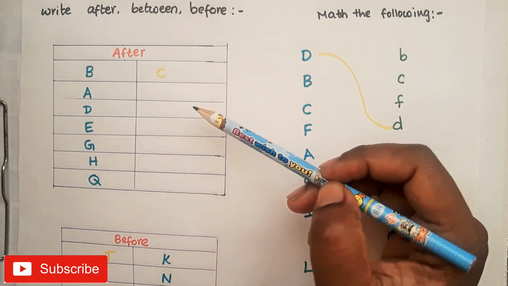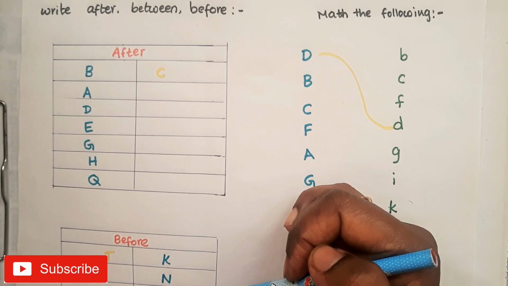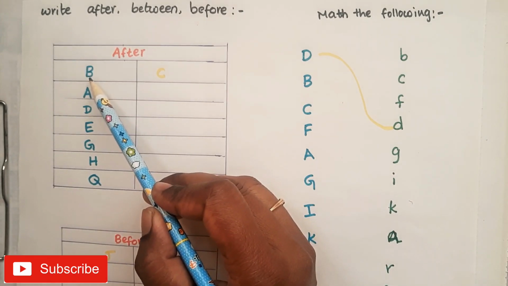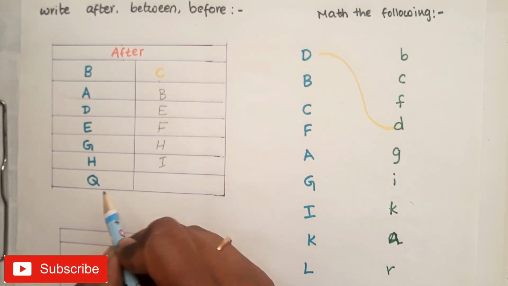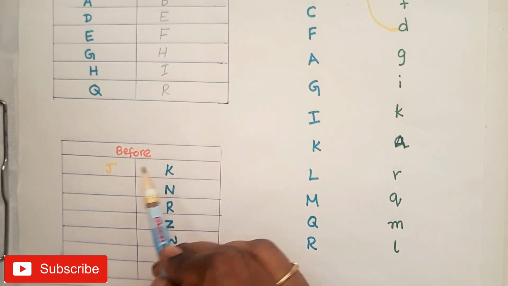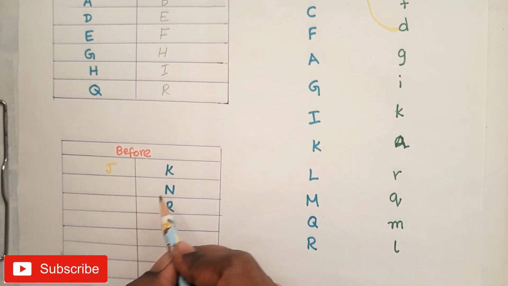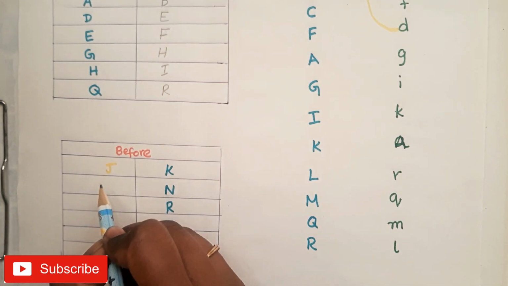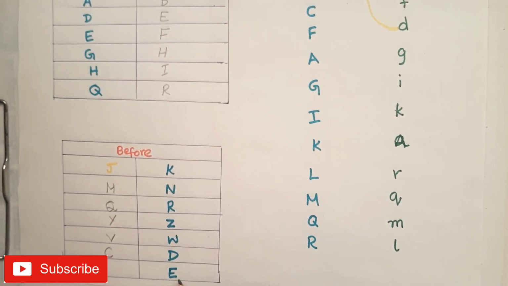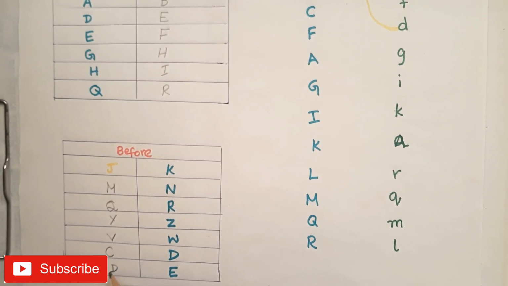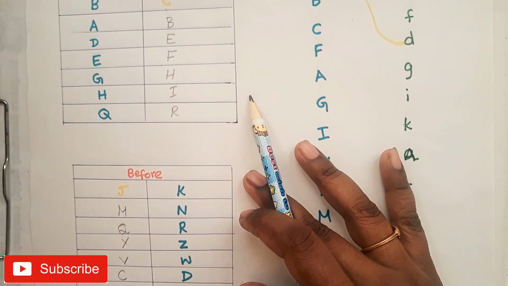So next, the kid needs to identify what comes after the alphabet and before the alphabet, and it is very important to learn them. Okay, so let's see. After A, B; after B, C. Next one, what comes before the letter? You have given the example. Before K, J; before N, M; before R, Q; before E, D. This is very difficult for them initially, so by doing daily practice, they'll become good with that.